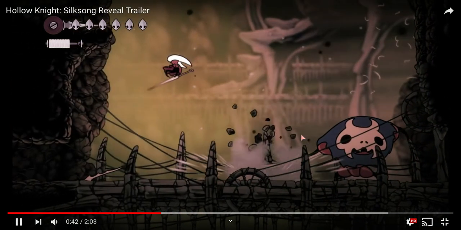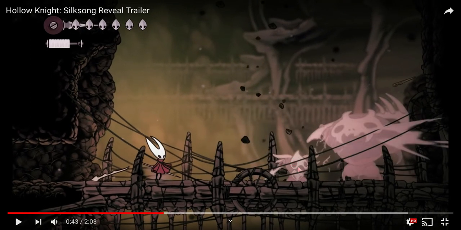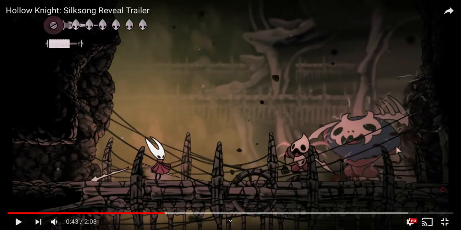Then here's what looks to be a boss, kind of Grim Troop. Here's one of his little minions right here, because they have like a similar head. Then he has his pretty cool looking club. Let's pause where they're not... Oh, why didn't...